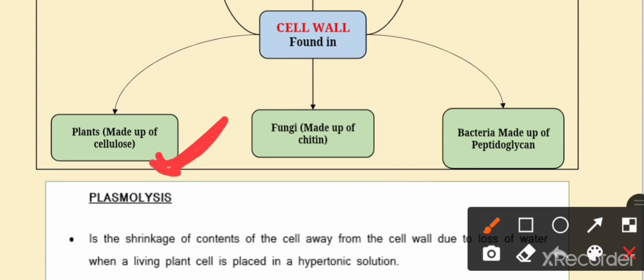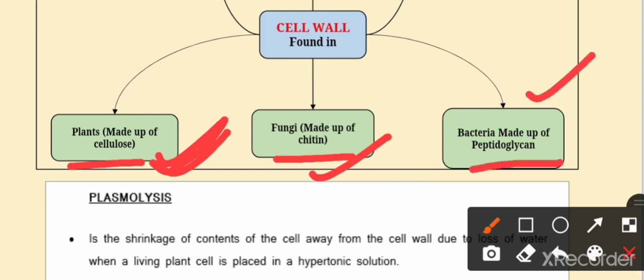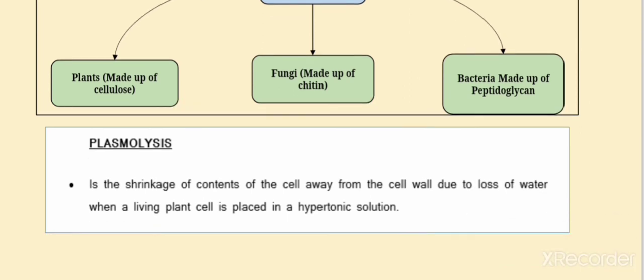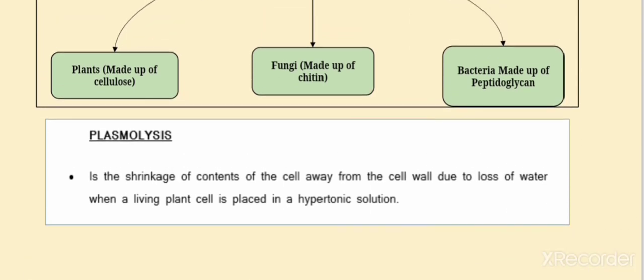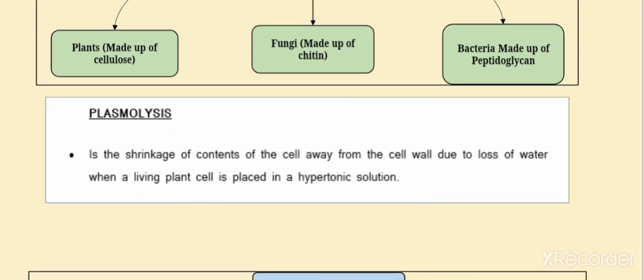So cell wall is present only in plants if we compare plant and animal. पौधों के अंदर present होती है and it is made with the help of cellulose, and it is present in fungi also, microorganisms which have a cell wall made with the help of chitin. And third, in bacteria, it is made from peptidoglycan. But if we compare plant cell and animal cell, only in plant cells is the cell wall present, but in animal cells no cell wall is present.